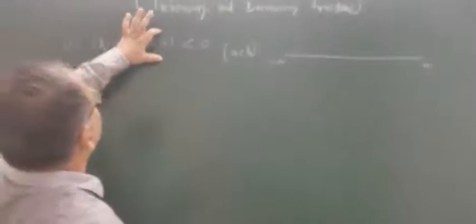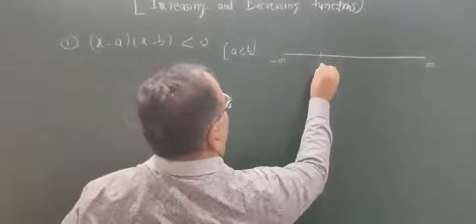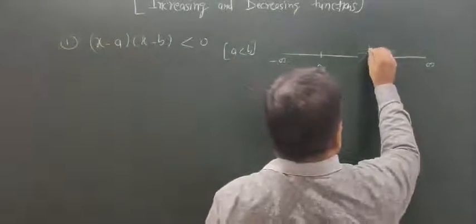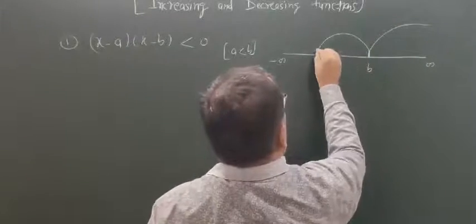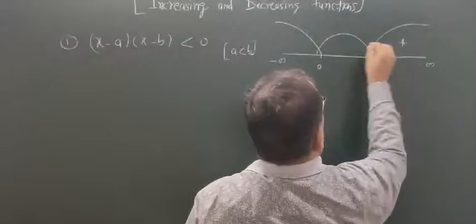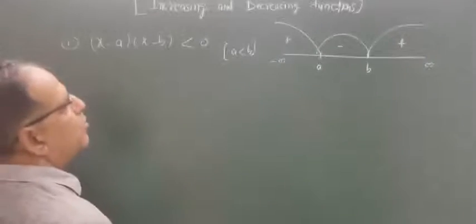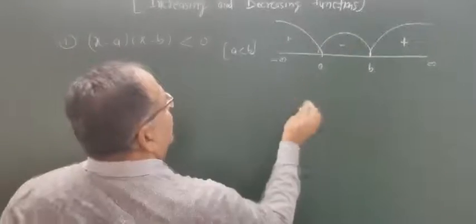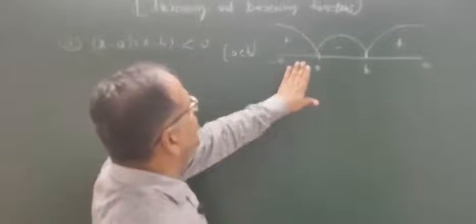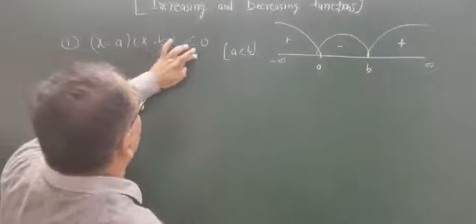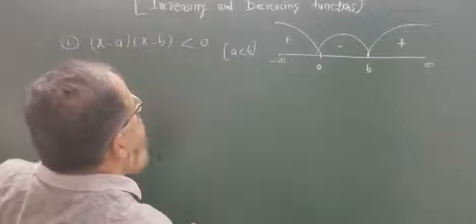We are observing there are 2 zeros of this polynomial on the left hand side. So according to the number line, take a and b on the number line. Now draw these types of symbols. From the right hand side we take positive, negative and positive signs. So here there are 3 possible intervals: minus infinity to a, a to b, and b to infinity, depending on the symbol of less than, greater than, less than or equal to, or greater than or equal to.